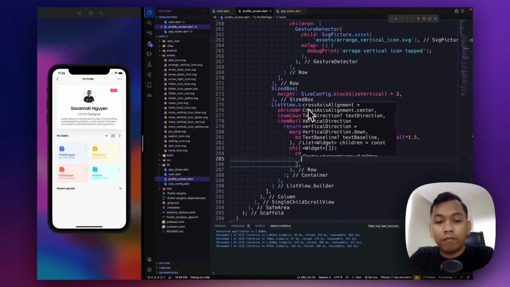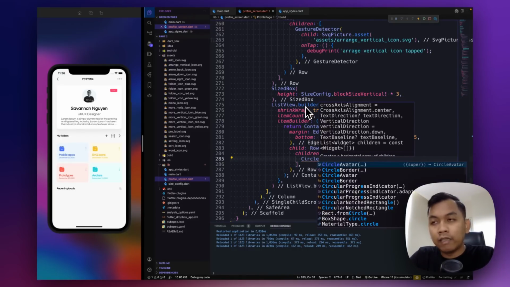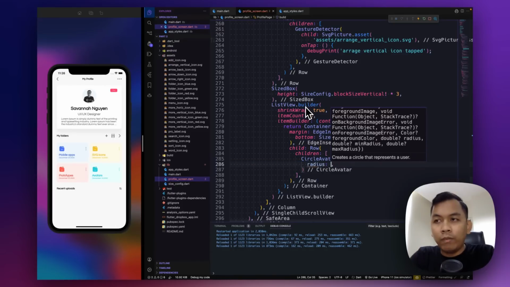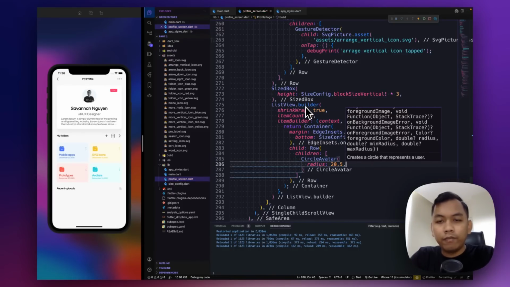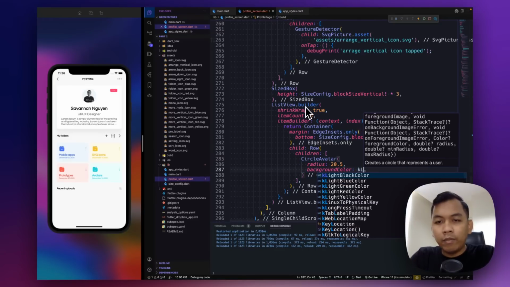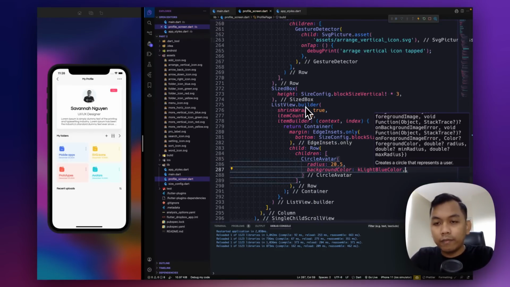Row widget, and it will have children. The first children will be circle avatar, but we can also use container. So yeah, circle avatar for now, and radius will be 20.5, and background color will be K light blue color.